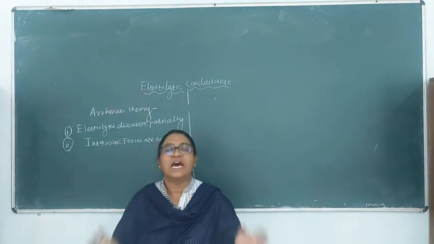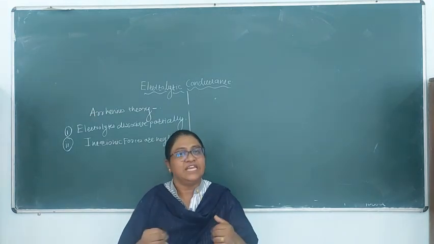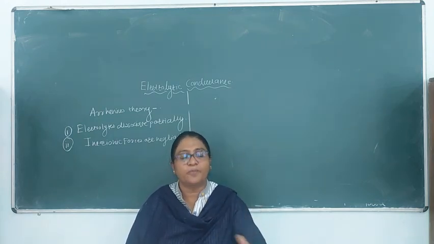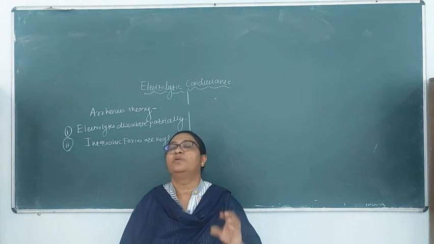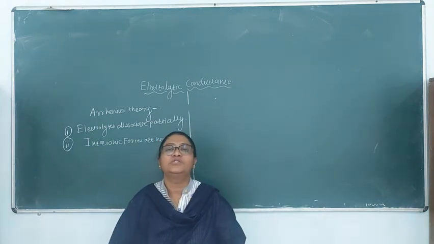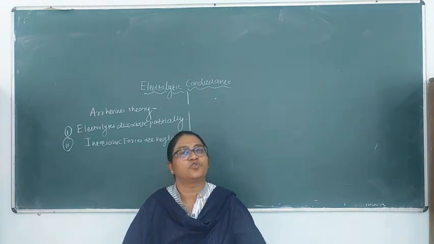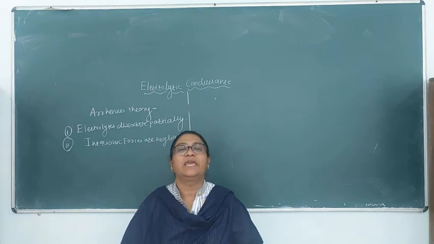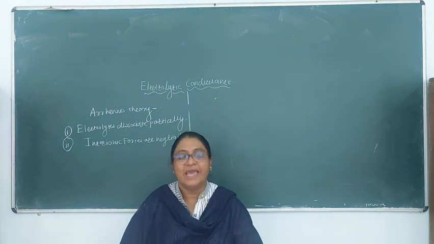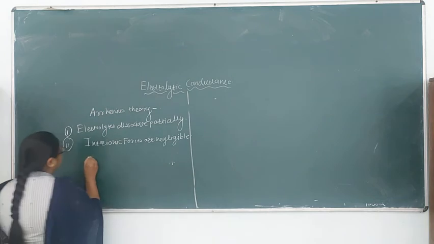Due to the large number of ions, the ions are closer to each other, and therefore the attractive forces between the oppositely charged ions will not be negligible. Hence this Arrhenius theory fails to explain the variation of conductance with concentration for strong electrolyte. It is applicable only for the weak electrolyte, and therefore the theory of interionic attractive forces